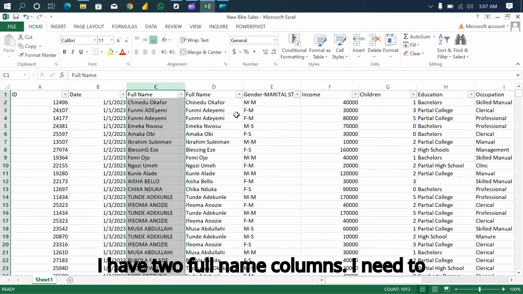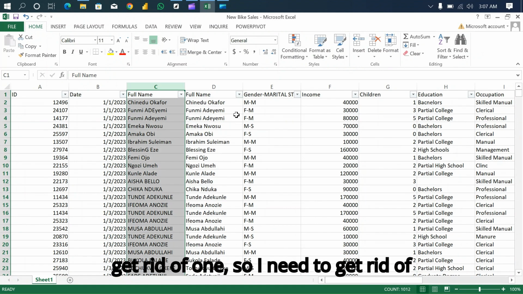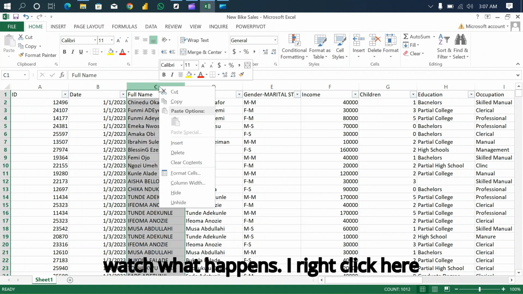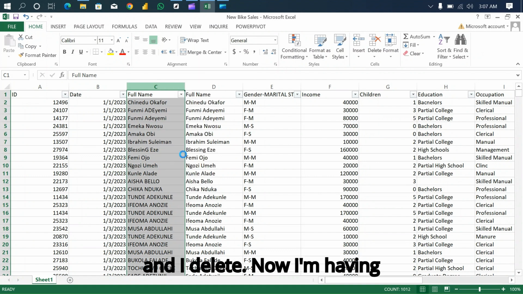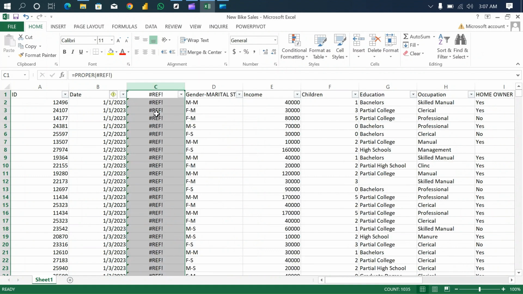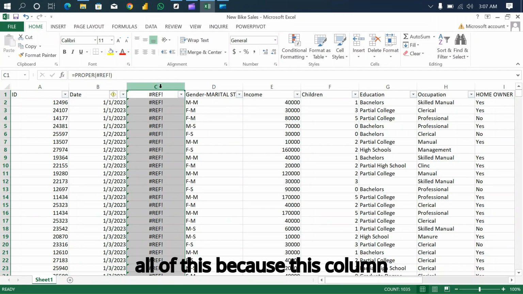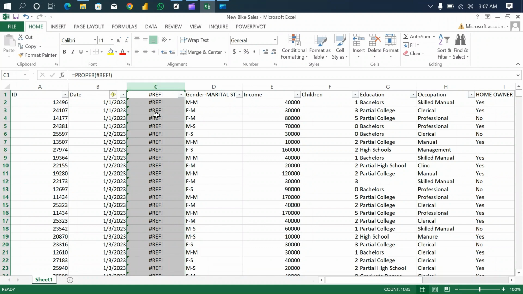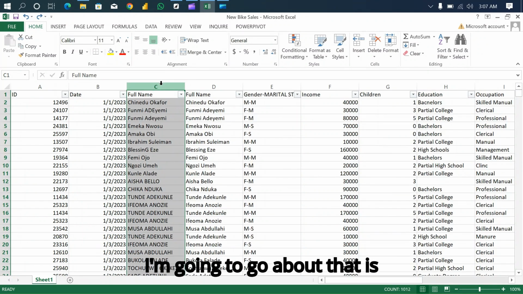I have two full name columns. I need to get rid of one. So I need to get rid of this one. If I attempt deleting this, watch what happens. I right click here and I delete. Now I'm having all of this because this column is a result of the column that I deleted. So if I delete the other column, this column will have no source. How I'm going to go about that is